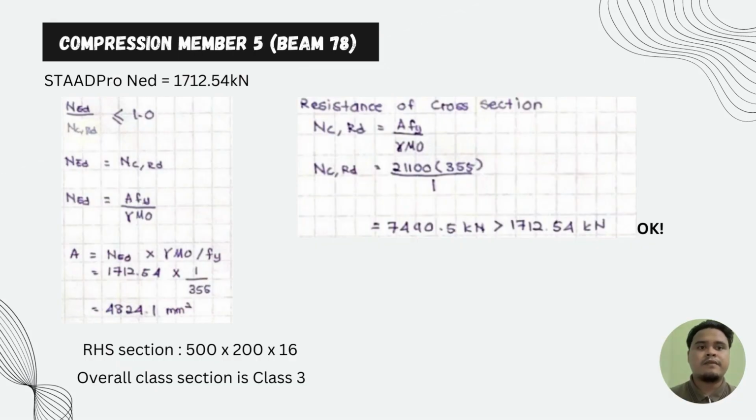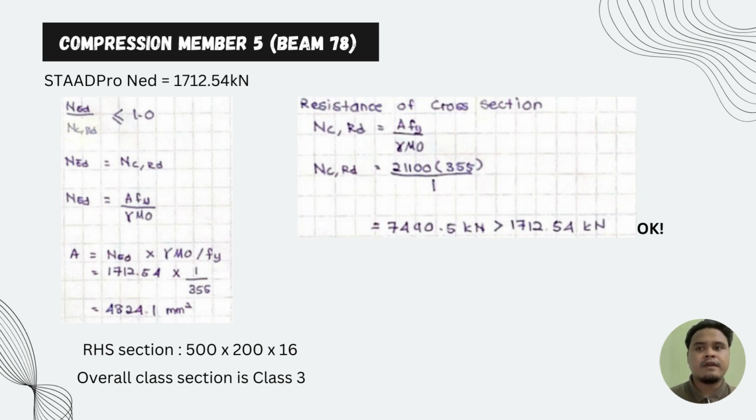Okay, so next is compression member 5. We choose beam 78. The NED from the StatPro analysis is 1712.54 kilonewton. The first step is we must do the preliminary design, and we get the area for this as 4,824.1 millimeter square. So we choose RHS section, which is 500 times 200 times 16, and the area for this section is